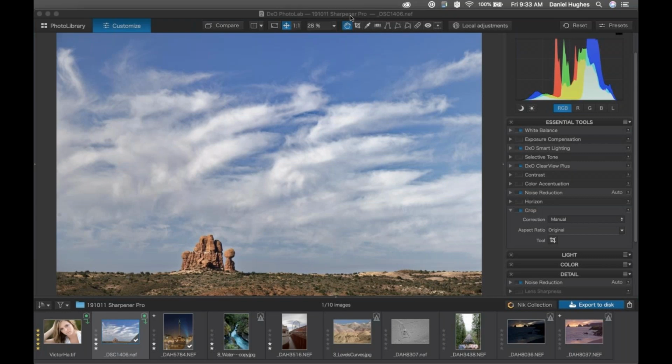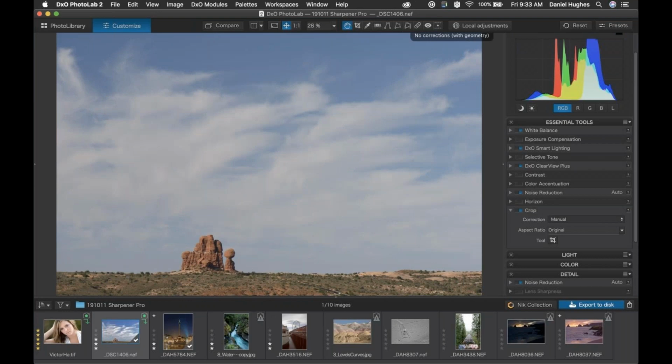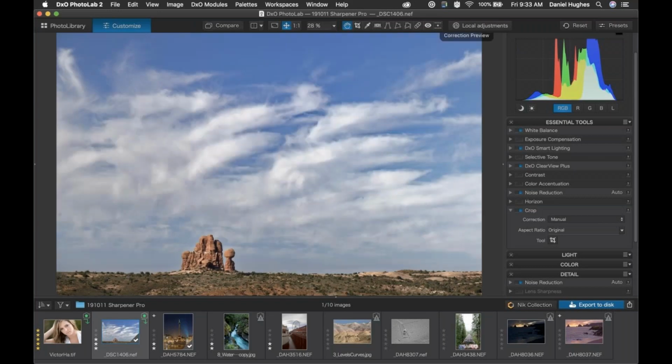As we begin this demonstration, I'm going to minimize my GoToWebinar control panel. I've done some work to this image to begin with. In fact, let's just take a quick look so you can see. This is the original image as it was captured. This is a photograph from Arches National Park, one of the rock features whose name I've unfortunately forgotten. We're looking at the before image, and I've used some of the tools within DxO's Photolab 2 to sort of direct the viewer's attention through the image